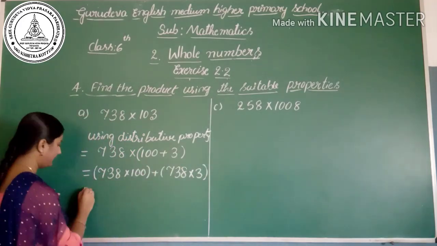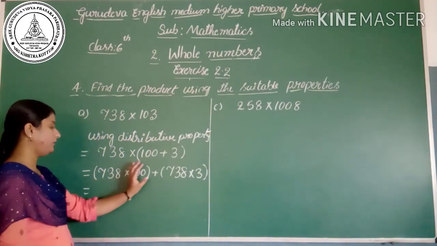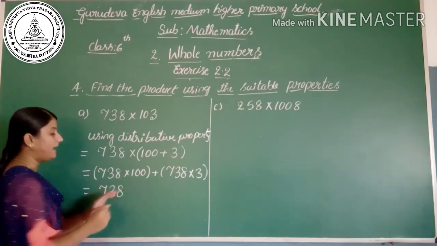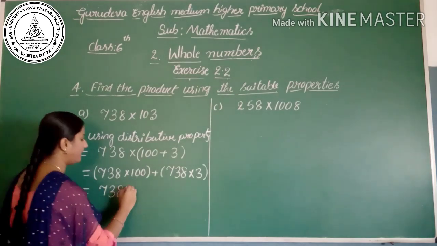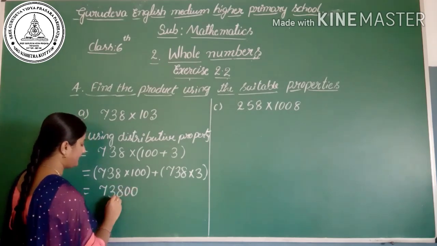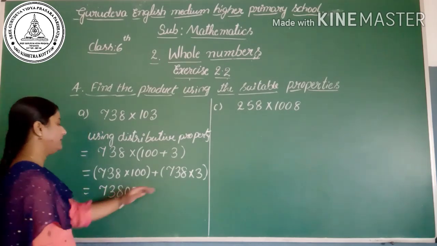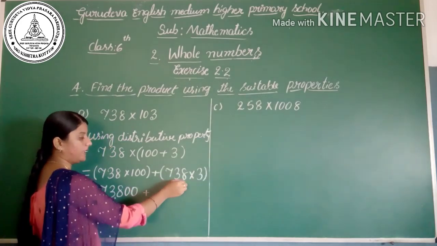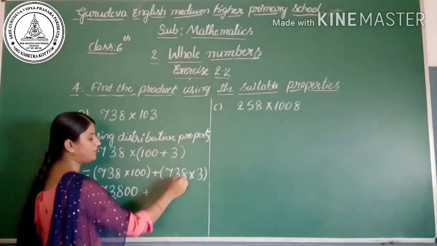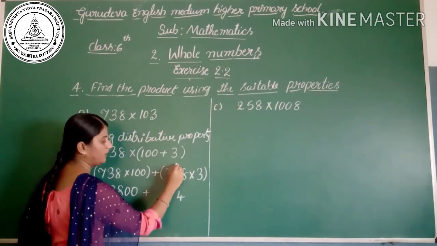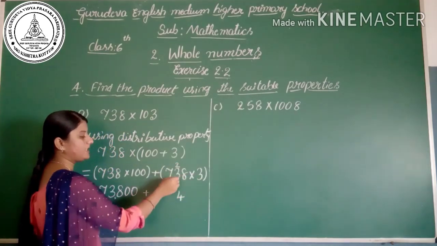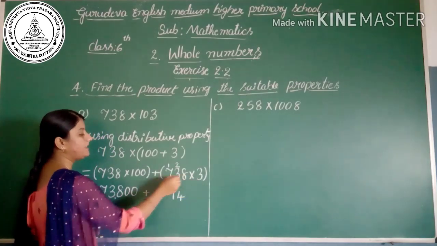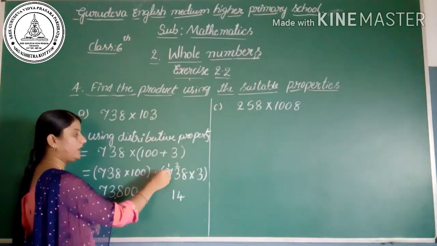Okay, then multiply here 738 ones are 738. I left to multiply 2 zeros. I will add at last. That is 73,800. Then plus multiply here 738 into 3. 3 eights are 24. So carry 2. 3 threes are 9. 9 plus 2 is 11. And carry 1. 3 sevens are 21. 21 plus 1